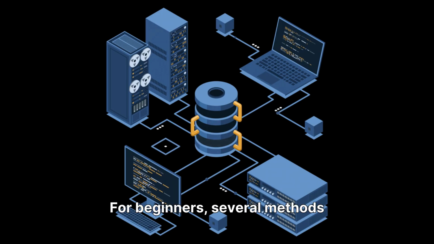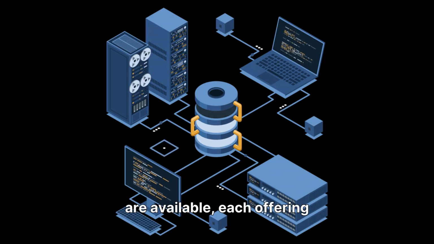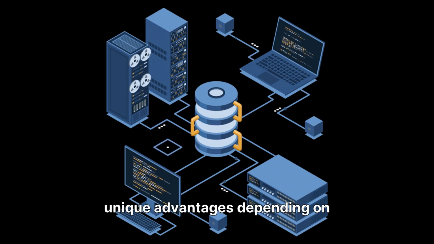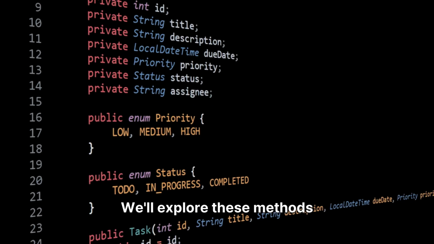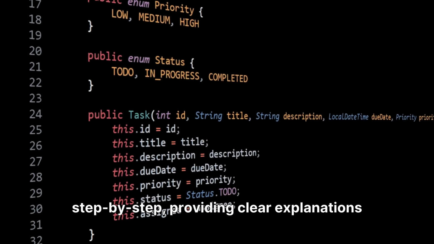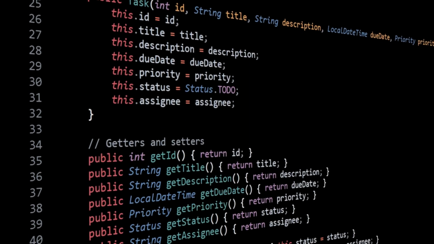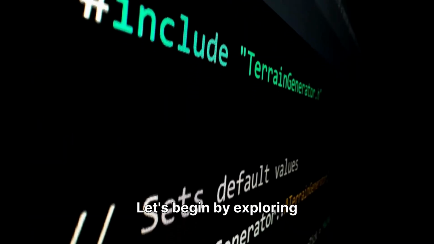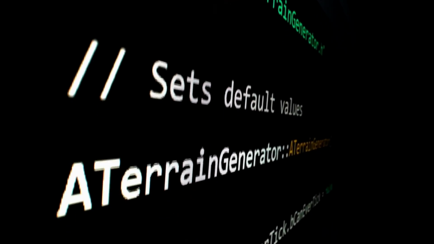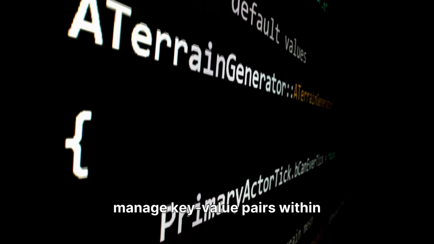Without persistence, users would have to re-enter preferences or lose their progress every time they close an application, leading to frustration. For beginners, several methods are available, each offering unique advantages depending on the type and complexity of the data you need to store. We'll explore these methods step by step, providing clear explanations and practical insights to help you choose the right approach. Let's begin by exploring the built-in settings file, a straightforward way to manage key-value pairs within